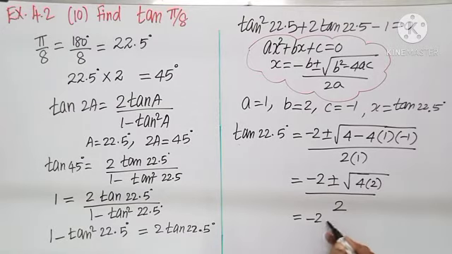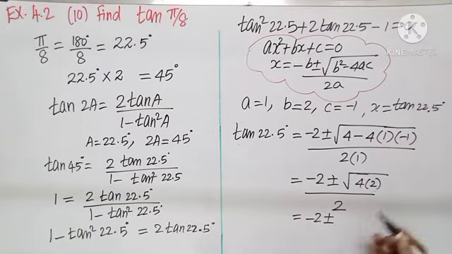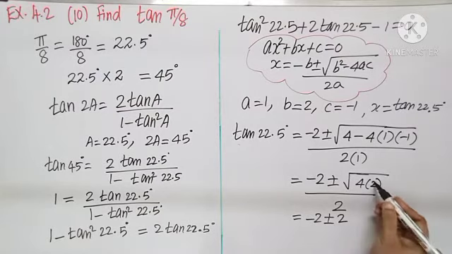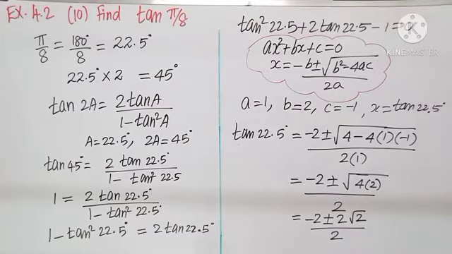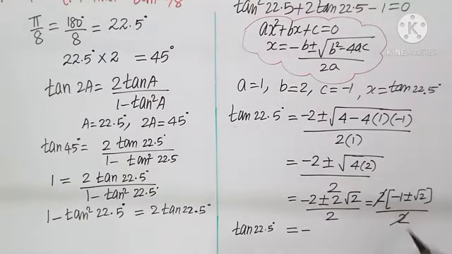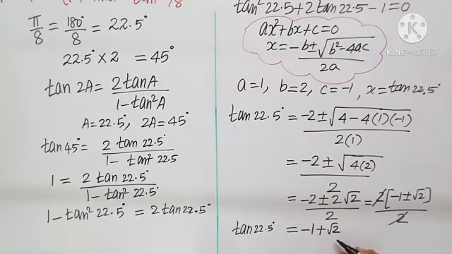Take the square root: minus 2 plus or minus 4 root 2, divided by 2. Taking 2 as common, all the 2's get cancelled. As I cancel, minus 1 plus root 2 I will take, because